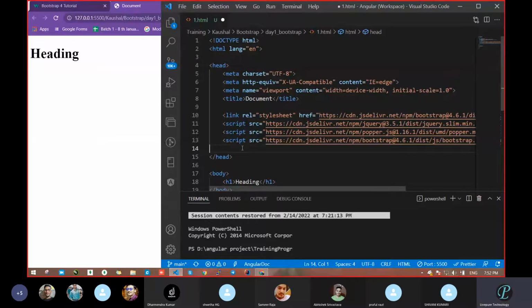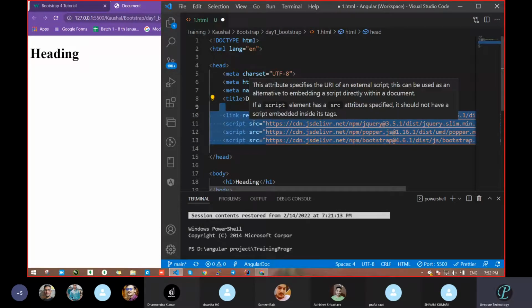Okay, so what happened? We got a link for bootstrap in our file. We will take that external link, all four links, and keep them inside the head section. Fine. So next, here we passed all the links of the bootstrap. Okay. After this,